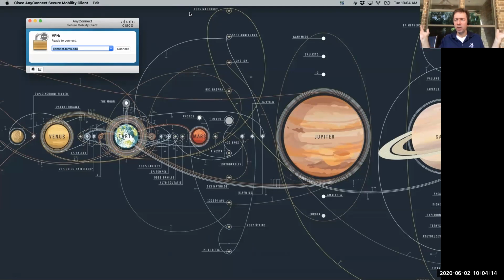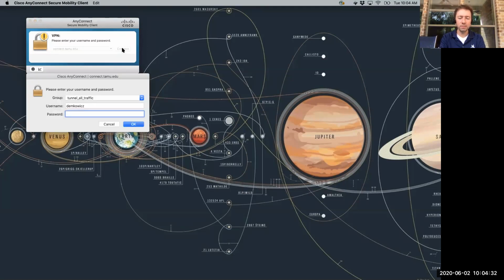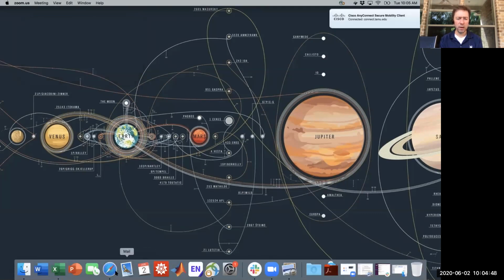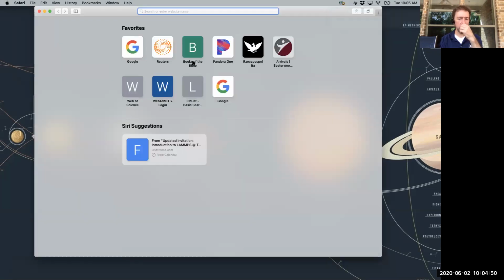I think that if you applied for a basic account, then you must have activated your VPN client, because I don't think it lets you apply if you don't have this. So I'm just going to assume that you all have this. If you don't have it, you're going to get stuck at this point and you're not going to be able to go any further. So hopefully you all have it. So I'm going to just connect, put in my password. I'm going to get a little ping on my iPhone here, so I'm going to authenticate. Here I am.